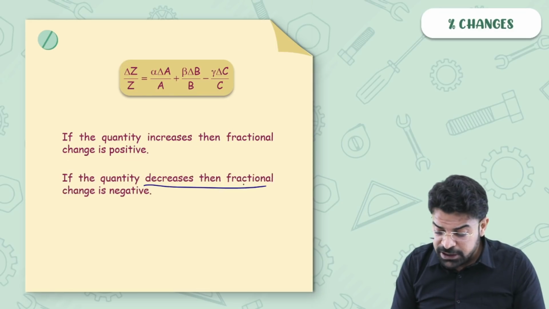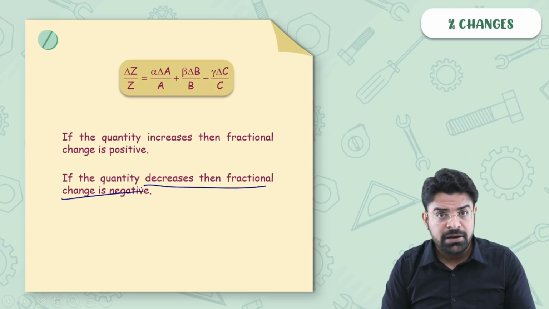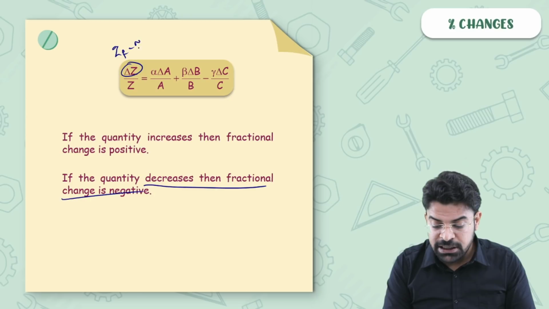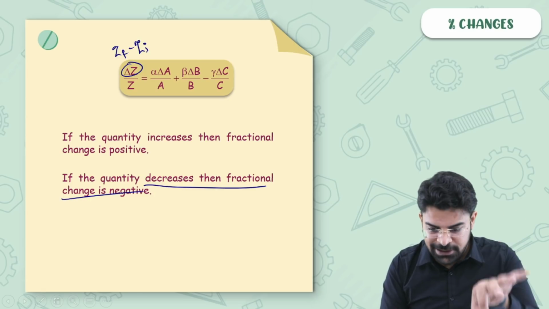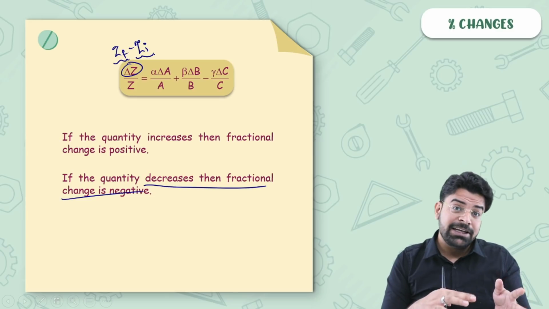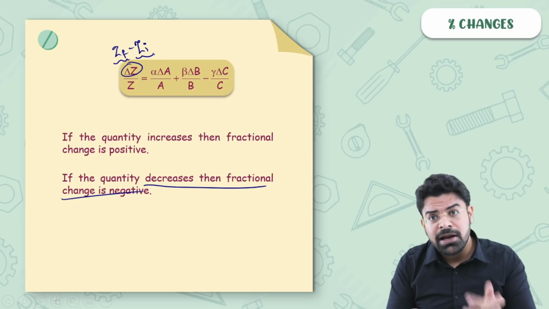If a quantity decreases, then the fractional change is negative, because delta z is z final minus z initial. If the quantity decreases, then z final will be less than z initial. If z final is less than z initial, then delta z will be negative. Next,